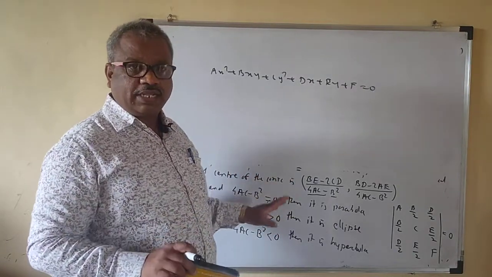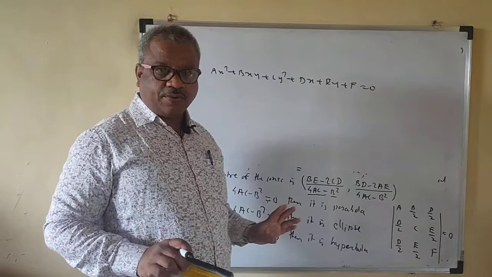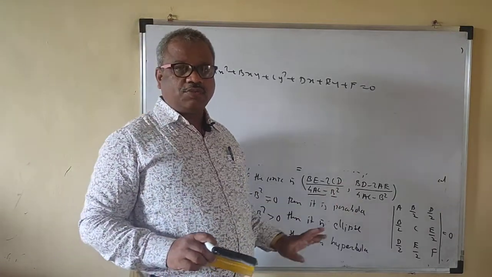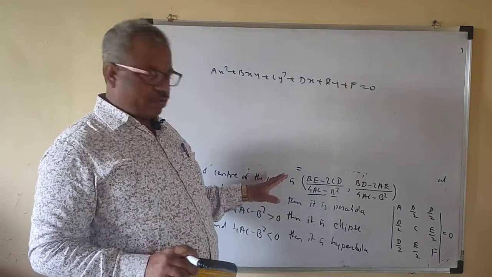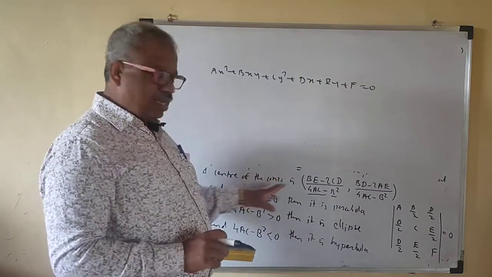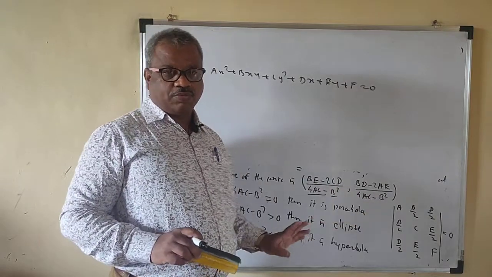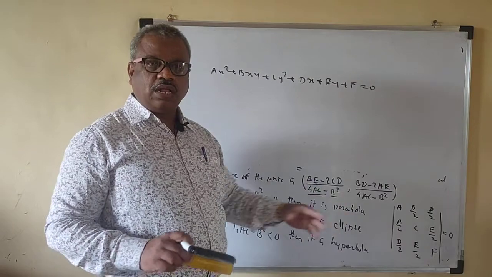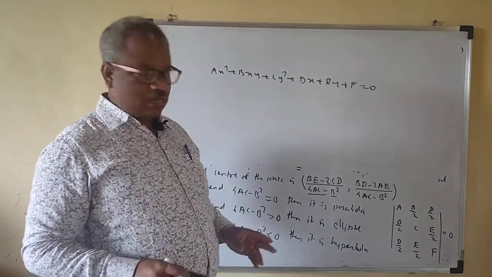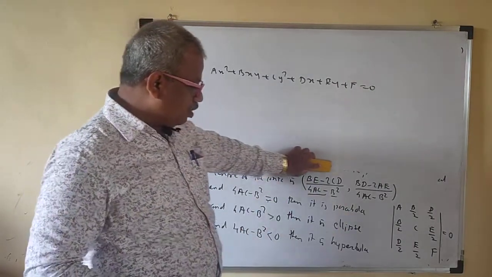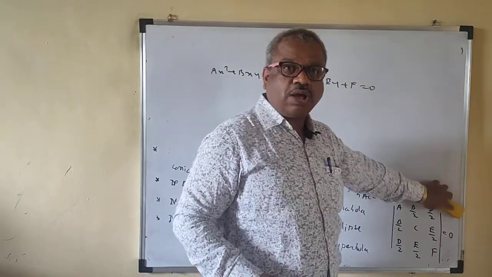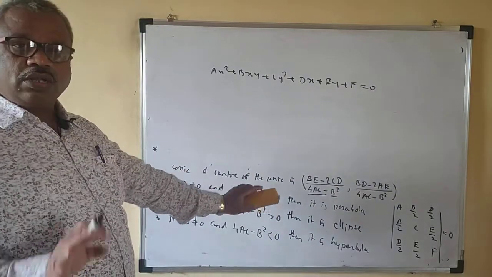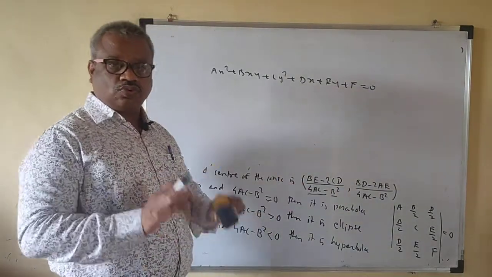So we are not finding the center of the conic by using this formula in competitive exams. In theoretical offline exams, we find the center with this formula. But now we have to choose the correct option, so don't apply this formula to find the center of the conic. We have another way to find the center, because options are given and you have to choose the correct option from them. Remember this only to choose the correct option.